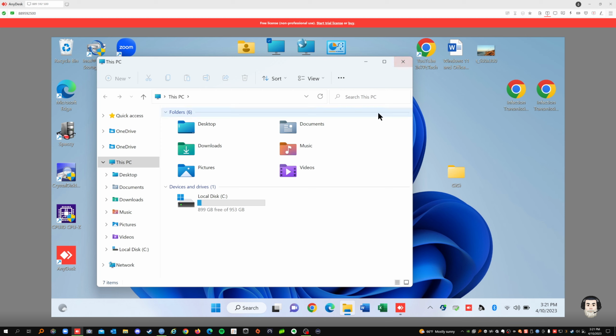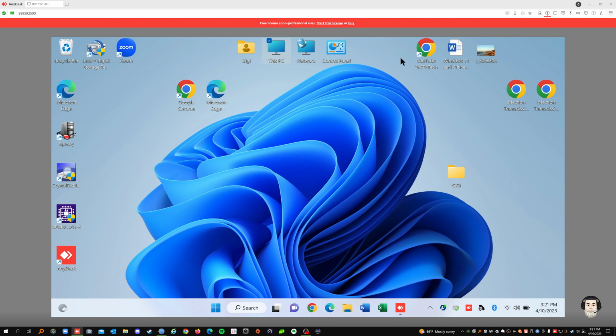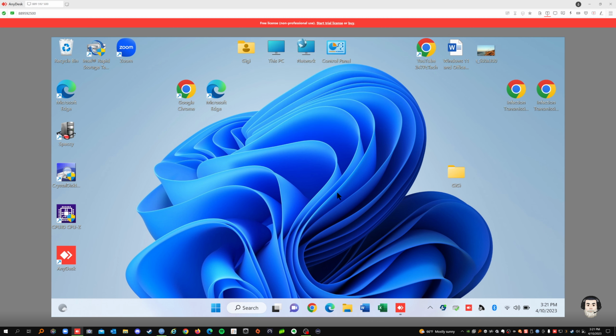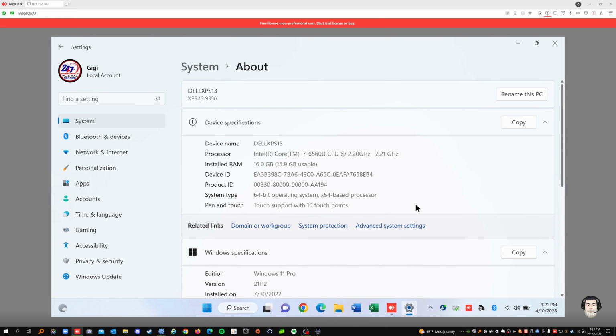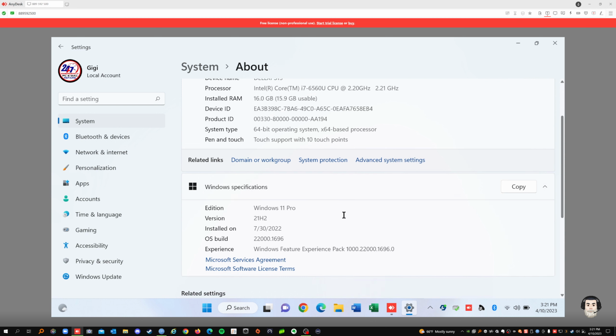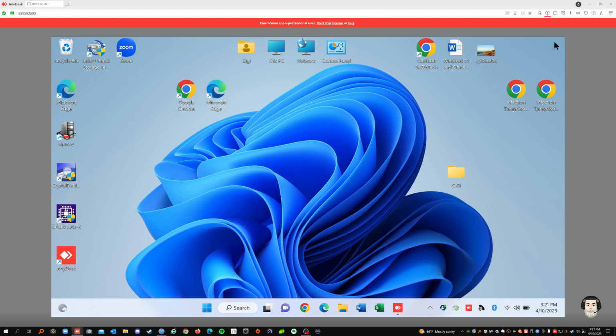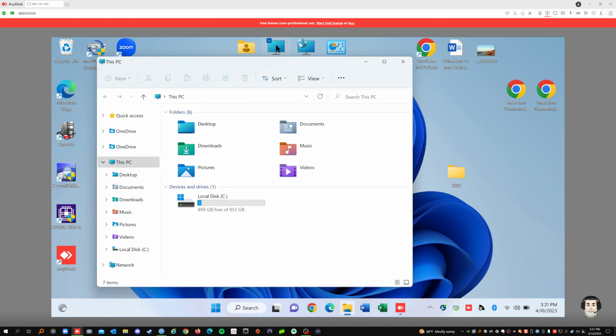You have an SSD, and the way you can verify what kind of hard drive you have is you right click on this PC, you go to properties, and this tells you everything about the computer itself, and it gives you the Windows specification, what kind of Windows operating system you have. Okay, and the other way of knowing what kind of hard drive you have is you left click on this PC,